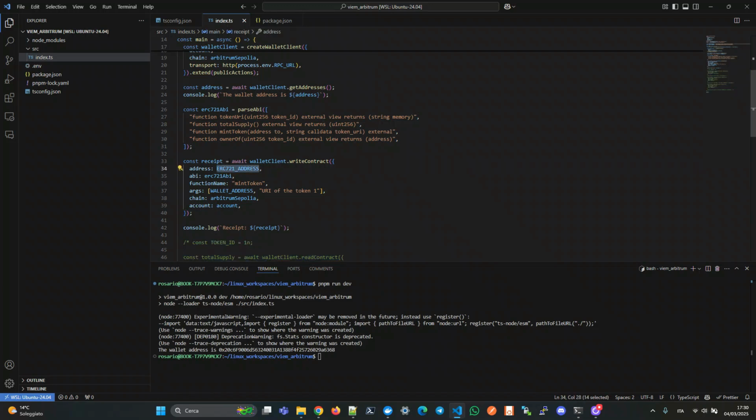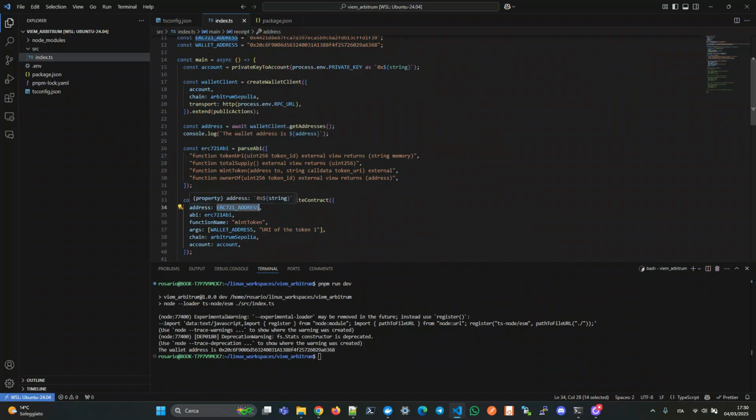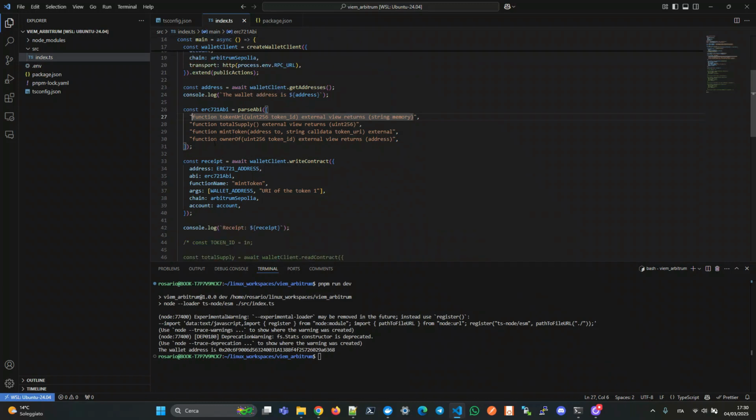Okay, we are passing the address of the smart contract that we have deployed before. The ABI is this one, of course. We are only taking the methods that we are going to call. If you want, you can use the whole ABI, but for the purpose of this video, only these four methods are of interest. And so here we are specifying the function that we are calling, which is mint token